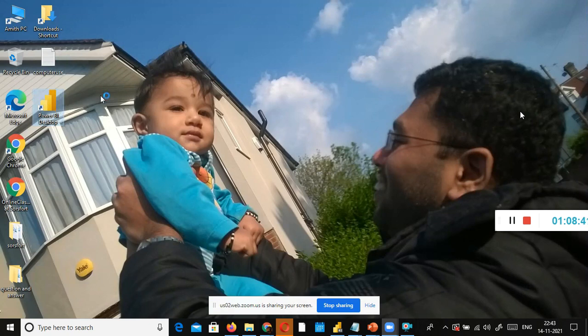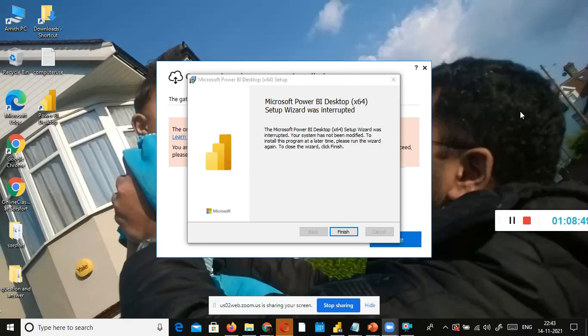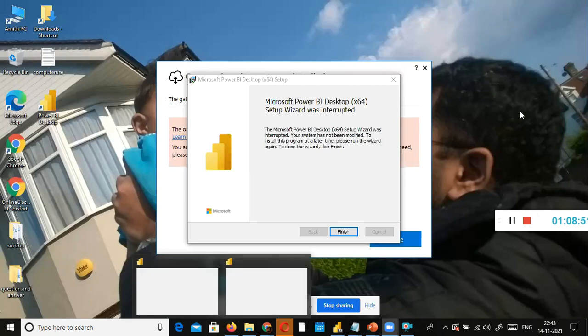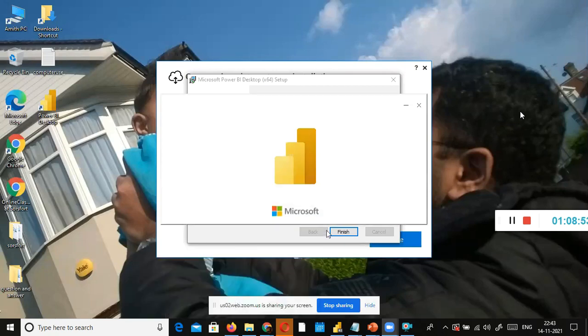Wait. It will take some time. Don't click multiple times. It will take longer and unnecessarily open many. Wait. Finish. You click finish. Why does it show this one again? Wait, it is going on. It is opening.